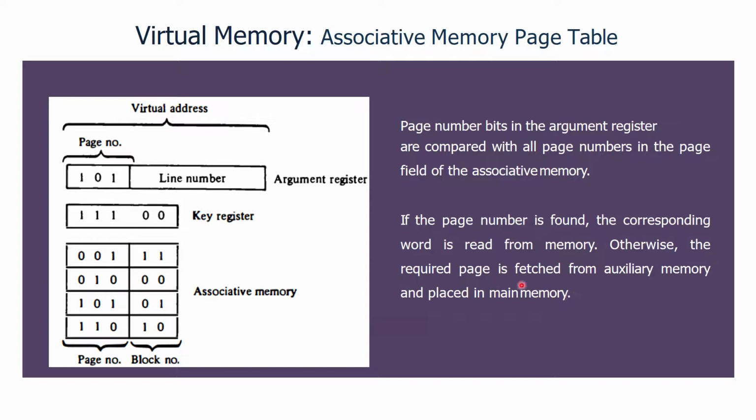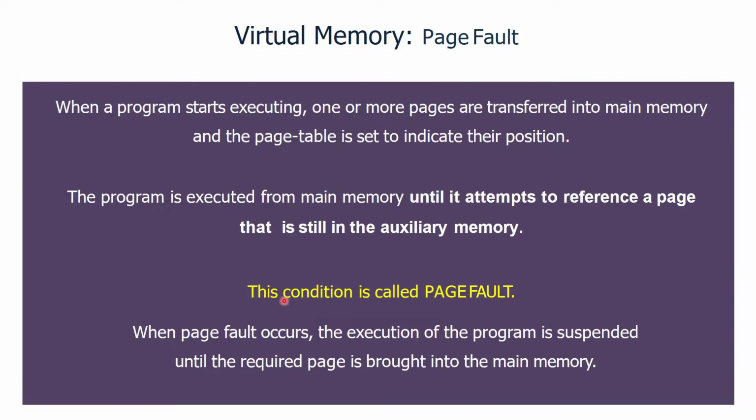Okay, consider this as an example. Let's say that we don't have the value which we want in the main memory, so we have to fetch it from the virtual memory or the auxiliary memory. Okay, so this is how it's done. I hope that you understand this figure. It is very easy to understand. So 101 and the line number, the key register is this one. At 101 location we have this 01, and obviously this part will be sent to the main memory.